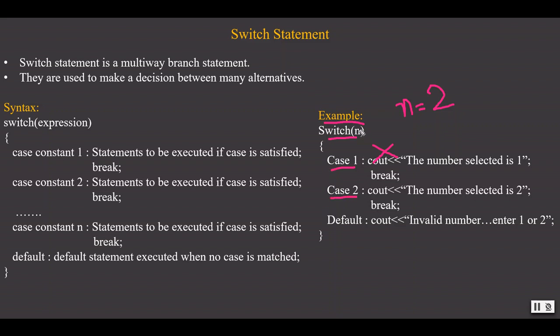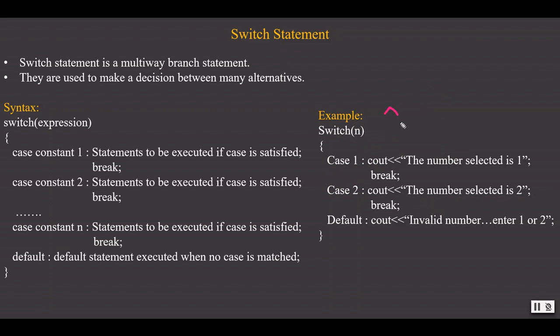Yes, n value is 2 and the case label is 2, so it gets matched. Then the statement associated with that case label, that is the number selected as 2, gets executed, and because of the break it comes out of the switch structure.